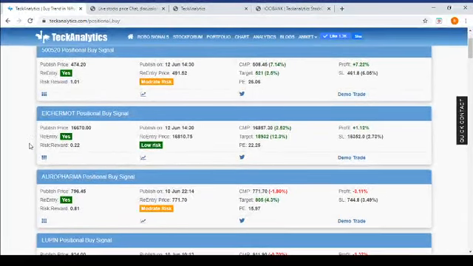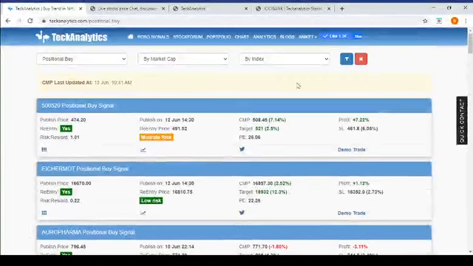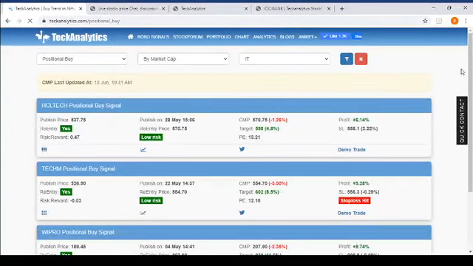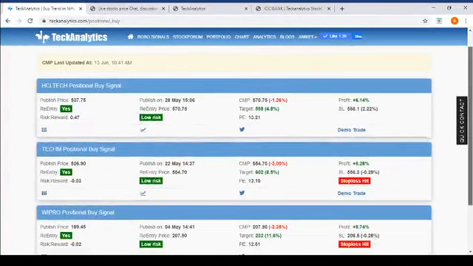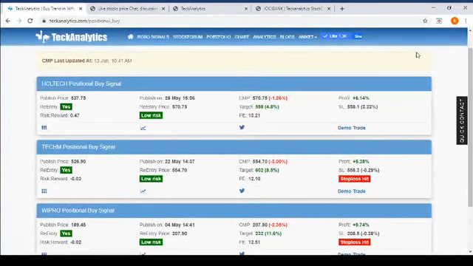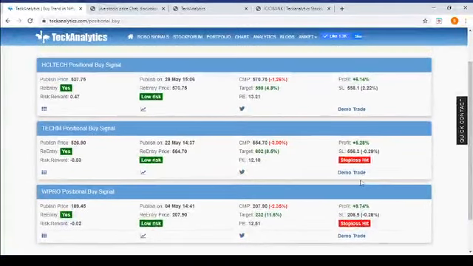right? One more thing, we can do the same filtering here also. Suppose I want to see the IT stocks in my buy signal list, so you can filter. And on Friday there was a 2-3% gap down opening in the morning, so a lot of stocks hit the stop loss value. For example, Tech Mahindra stop loss 556 was hit, so you will get the message, either target hit or stop loss hit, right? So every stock has different risk reward.